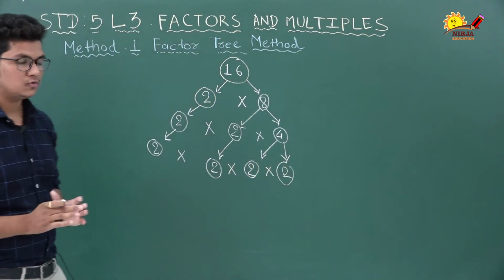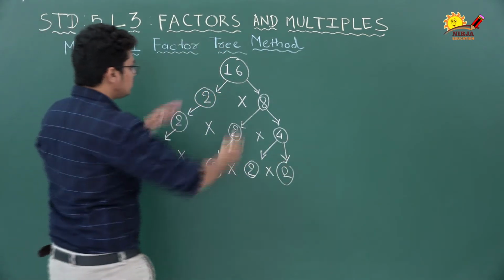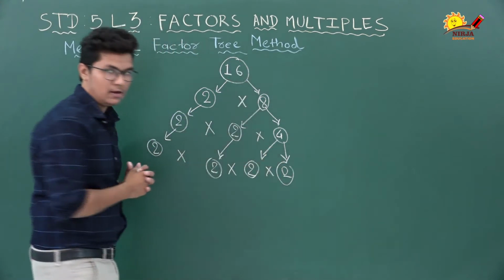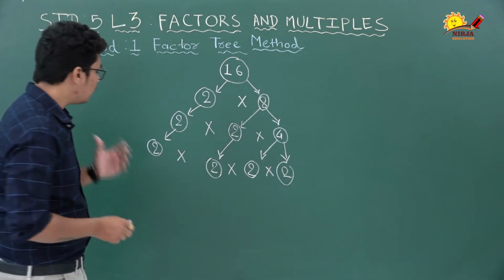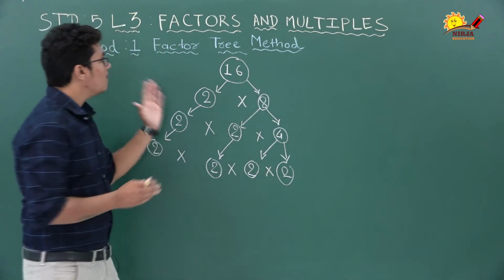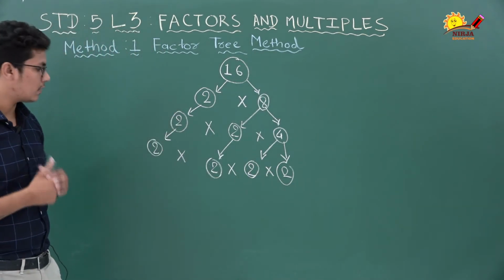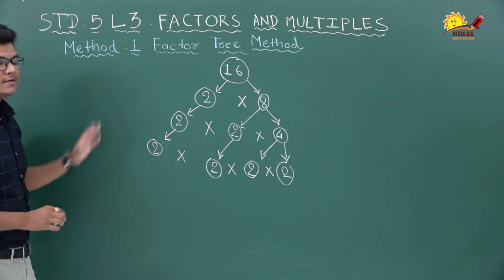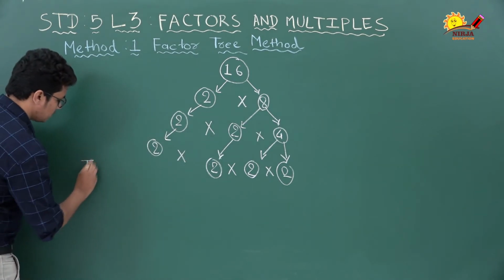Okay, so you can see this structure is looking like a tree. Okay, and also we found every prime factor. So this method is called the factor tree method. Okay, so the prime factorization of 16 is the